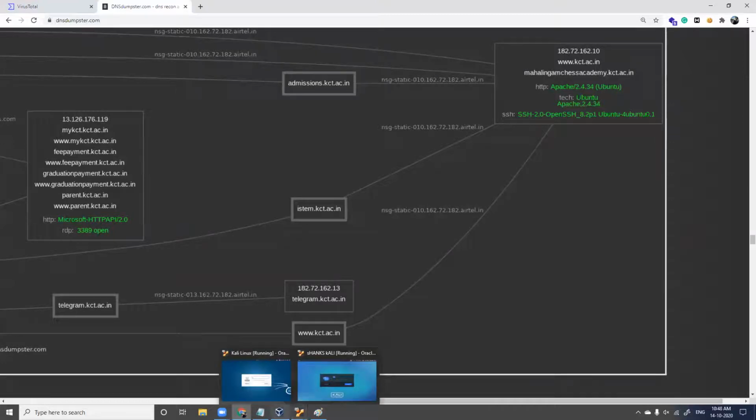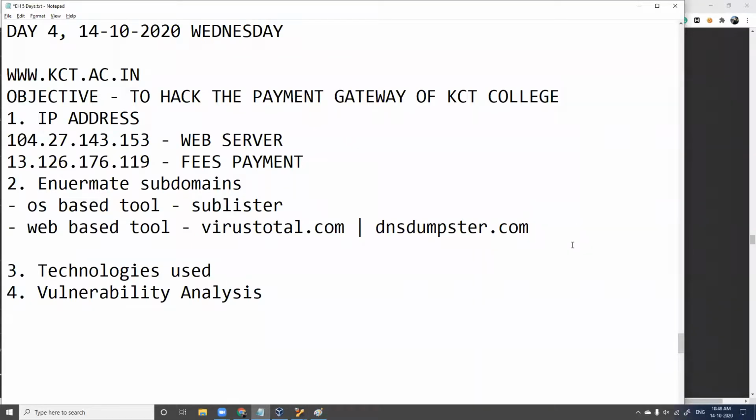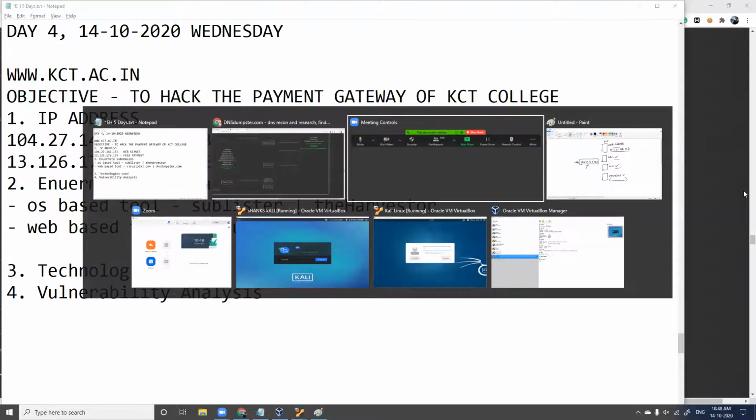Now, apart from this, you also have one more tool which can be used apart from Sublist3r. You have theHarvester. theHarvester is a Kali-based tool.